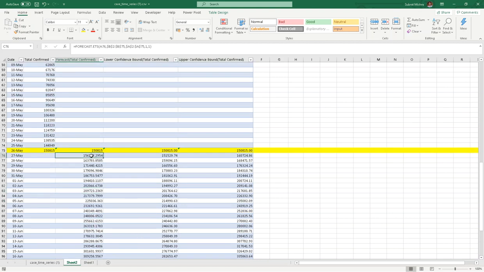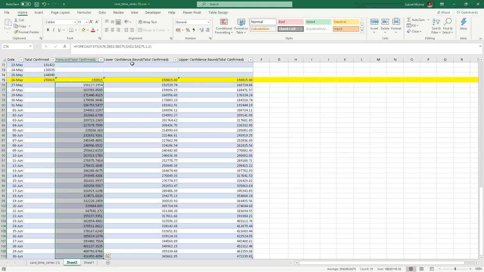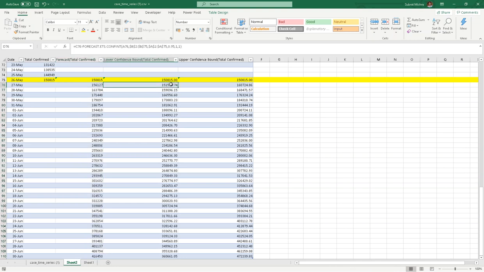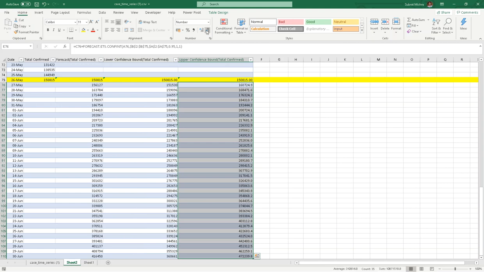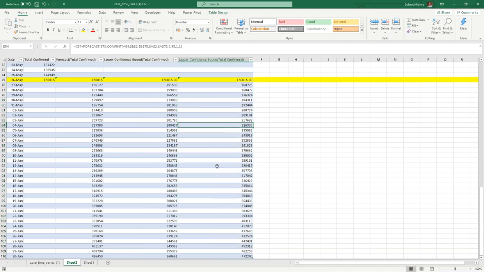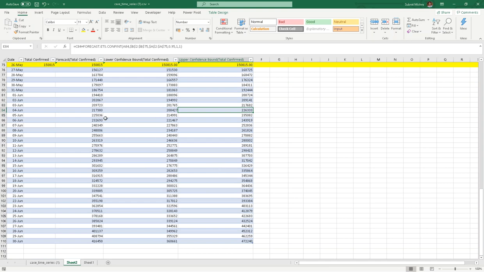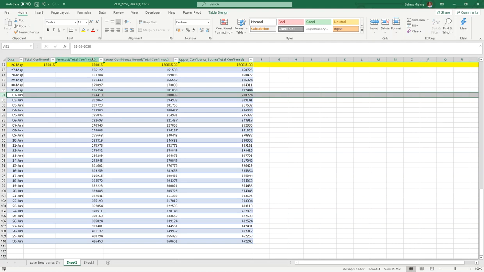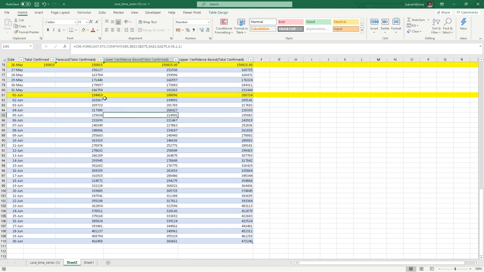So now let's select and make them as integer numbers. As per the forecast it is saying on 1st June the average cases may go to 1,94,000.